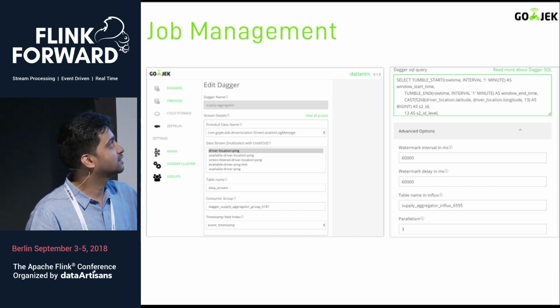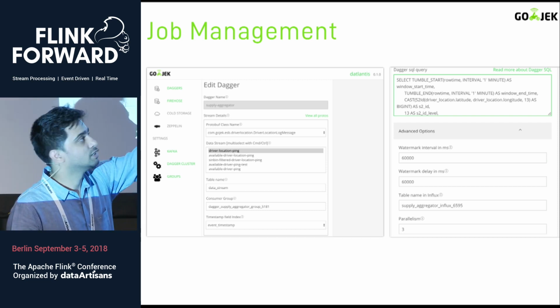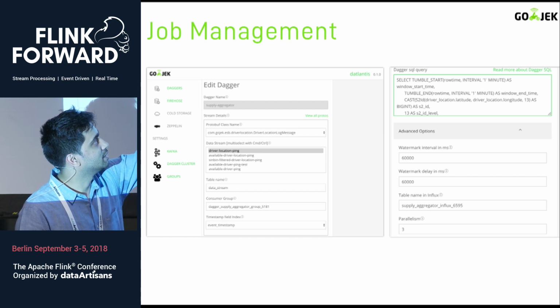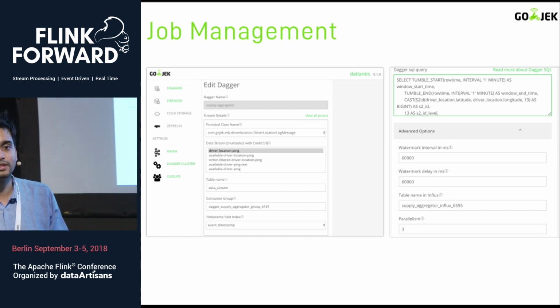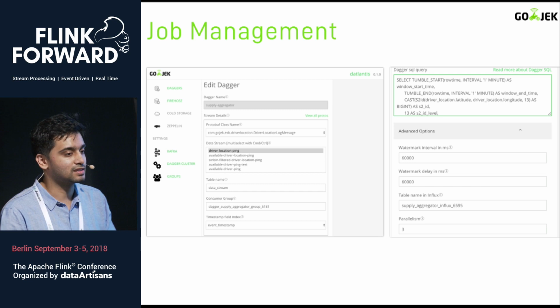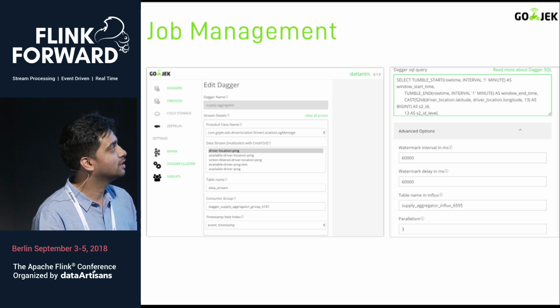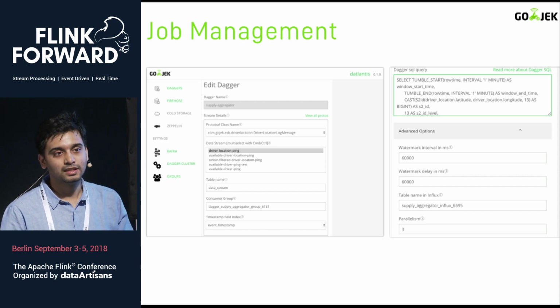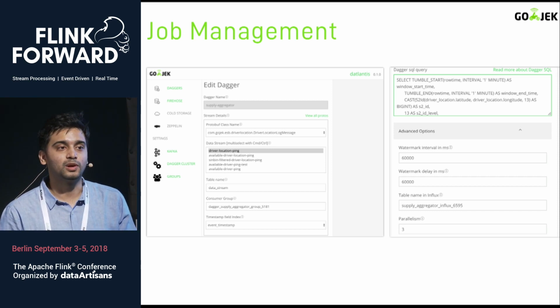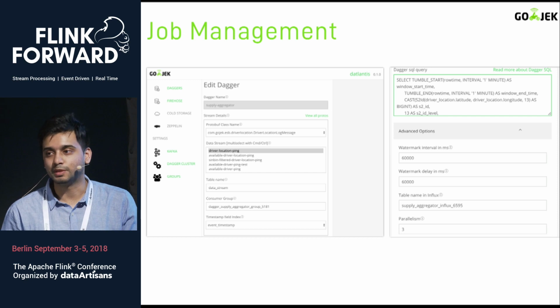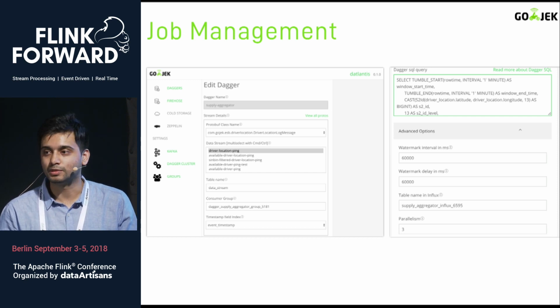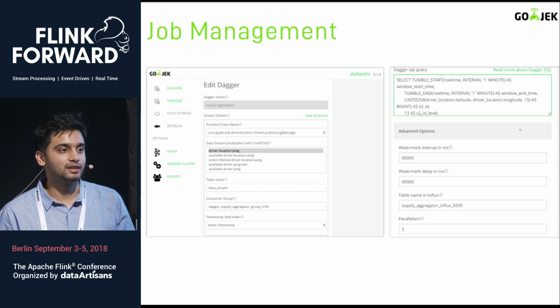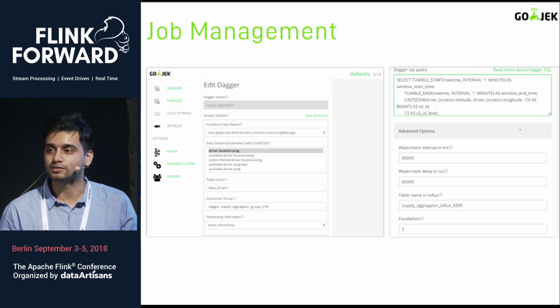And once they've done that, they just write a SQL. We don't offer our users Flink as an application where they can code, so it's purely configuration and SQL. This has enabled us to reach out to a lot of teams, and even people who are not developers are able to get their hands on and try to see some real-time data, understand patterns, and come up with solutions.